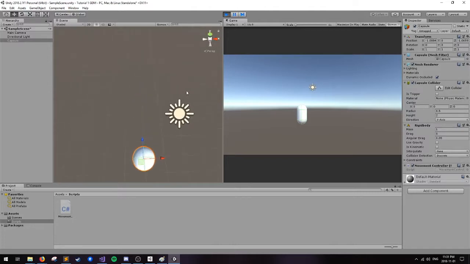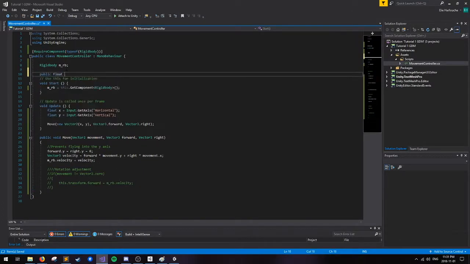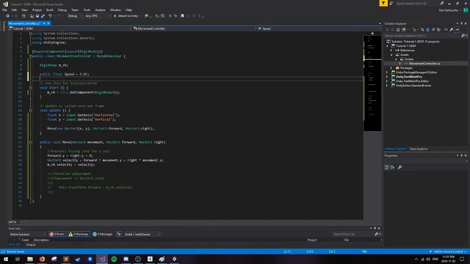One thing is that our character is really slow, so we would like to define some sort of speed which they can go at. So we're going to go in here and we're going to define a new public float speed. We're going to set it by default to, let's say, 5. Then here under our velocity, this vector here gives us the direction, but this vector is not normalized, which is an important thing to note. So we're going to take this vector and then we're going to normalize it